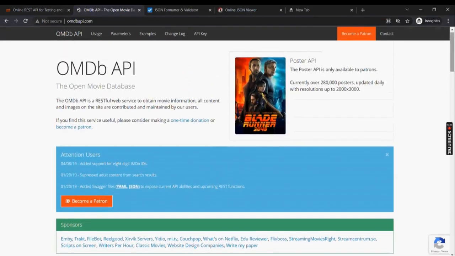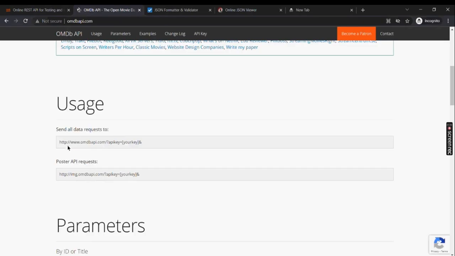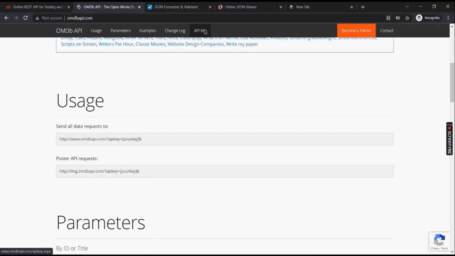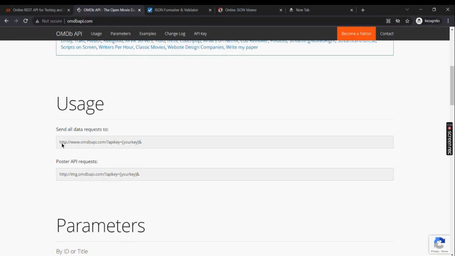Here, if you see on omdbapi.com, can you see this, send all data requests to the OMDB API URL with the API key, right? Just for saving time, I have got the API key. In case you want to get the API key, you just need to click here and you will get your API key. So now, if I use this,